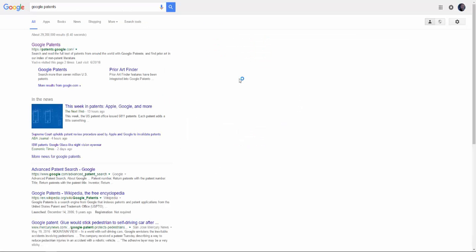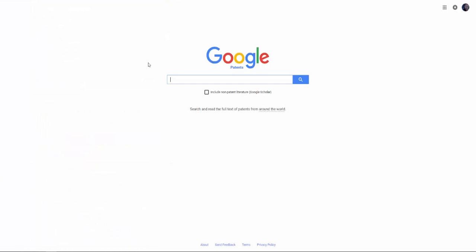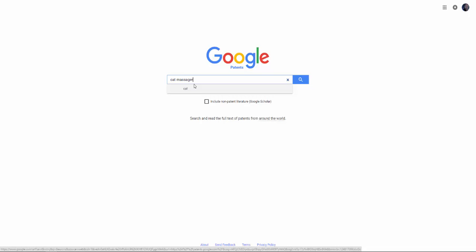This would be a good time to dive into an actual patent, and so let's take a look at both the USPTO's website, and there's also a Google search engine for patents. If you type in patents.google.com in your web browser, you'll be able to locate the patent search engine provided by Google. I'm going to enter in a search query here for cat massager,